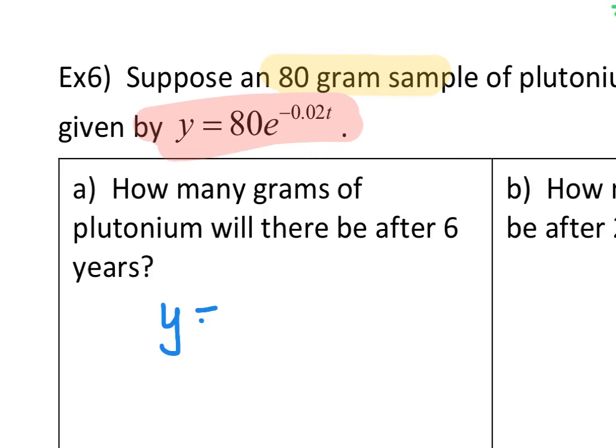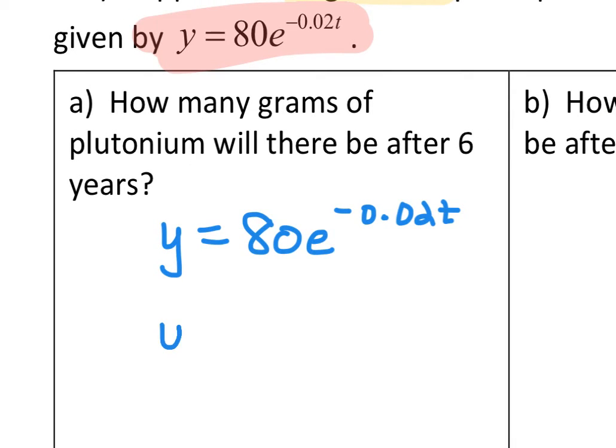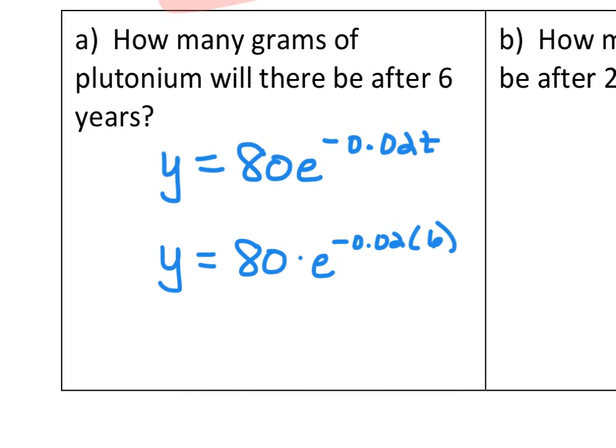So we'll start with this equation. We've already substituted for the 80. They're telling us the rate is negative 0.02 times t, which is 2%, right? But they've given you the decimal version of 2%. We want to change the t to 6 because it says after 6 years, so 80 times e to the negative 0.02 times 6. And everything on the right there is a number now, so you can just plug that whole thing into your calculator, and y equals